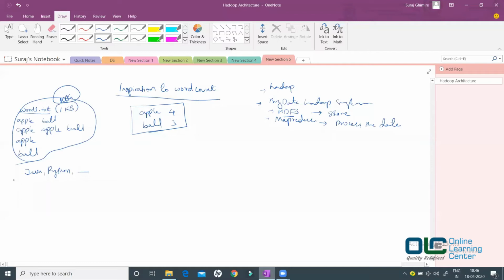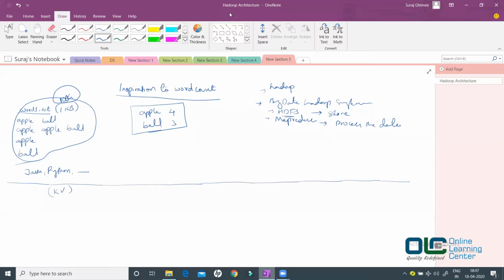If you remember, in the previous class I told you that in MapReduce, whatever data we process, everything gets processed in the form of key and value pairs.